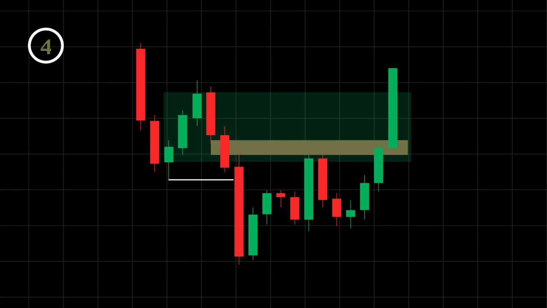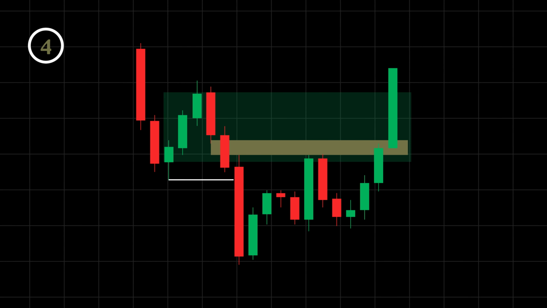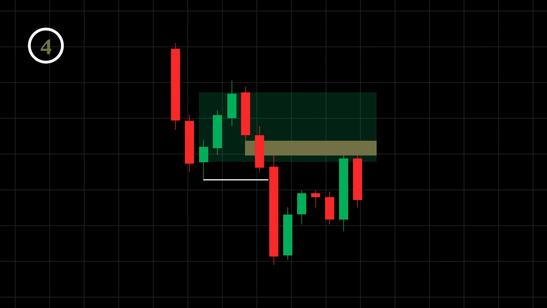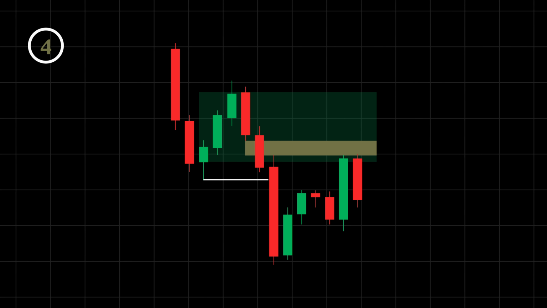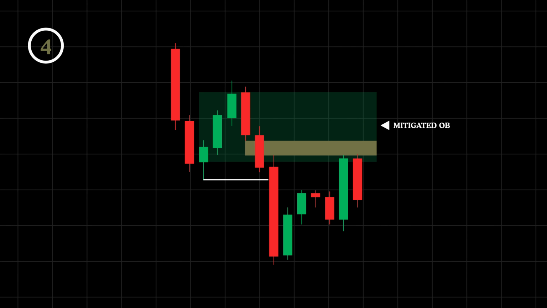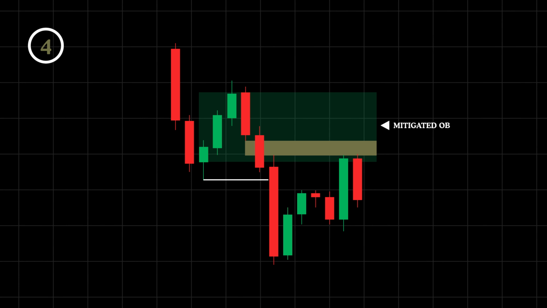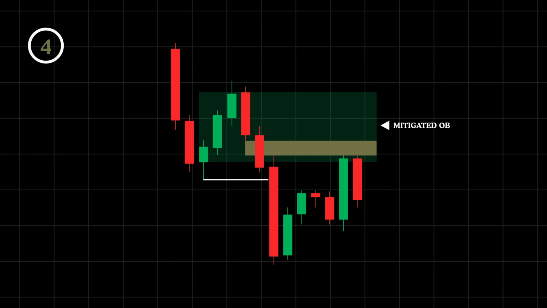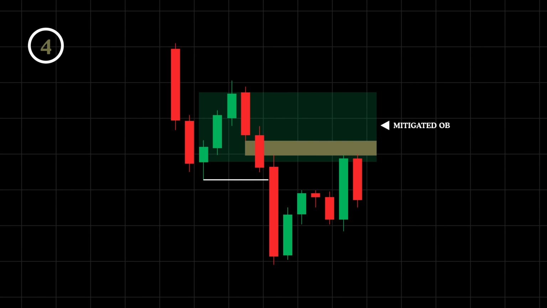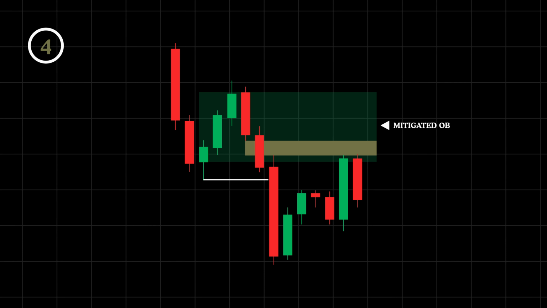At this point, you might assume it's a good idea to target the same zone again in the future, but that's where many traders go wrong. Once price revisits and reacts to an order block, it becomes mitigated. In simple terms, this means the unfilled institutional orders that were originally sitting there have now been filled. Since smart money targets order blocks specifically for those unfilled orders, there's no longer a reason for them to revisit